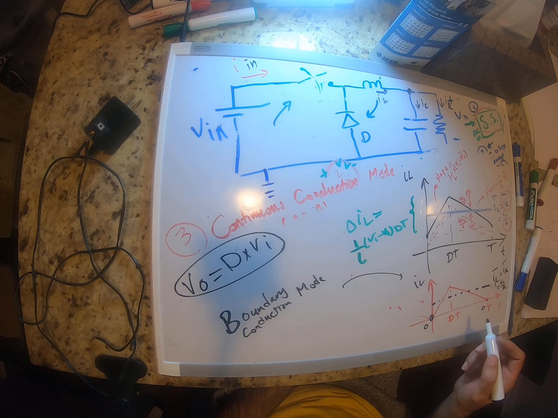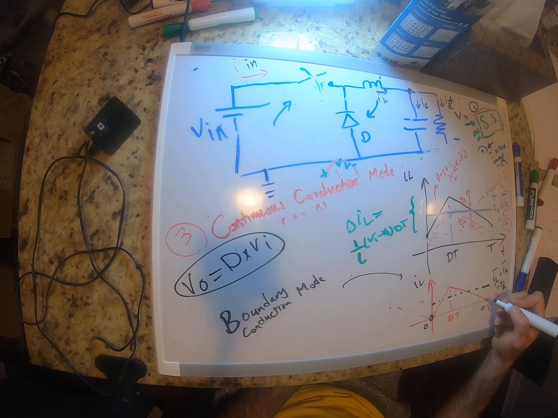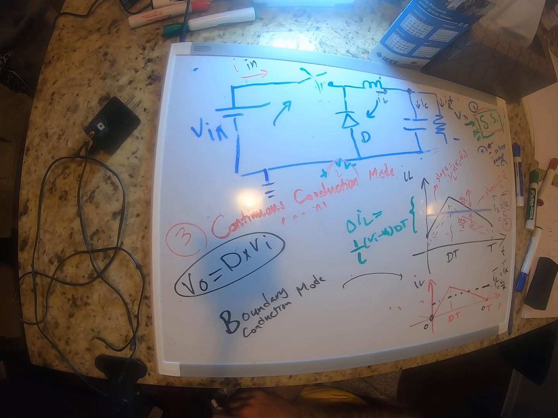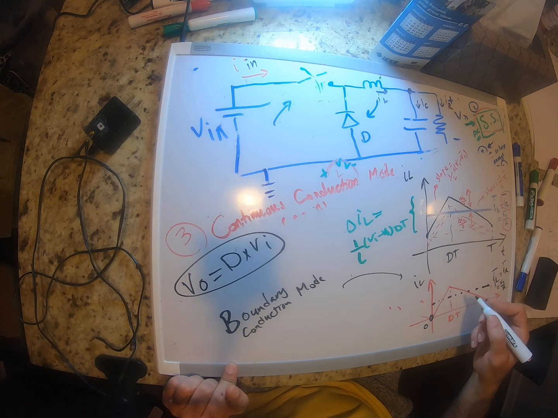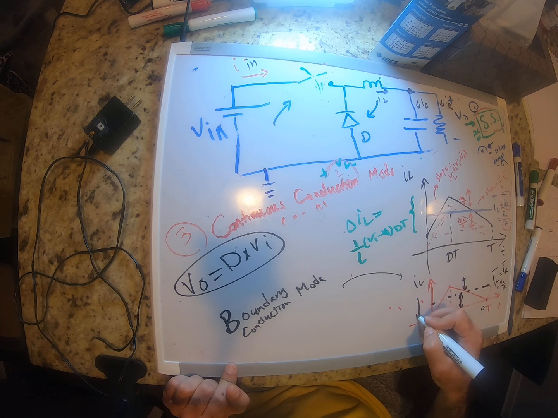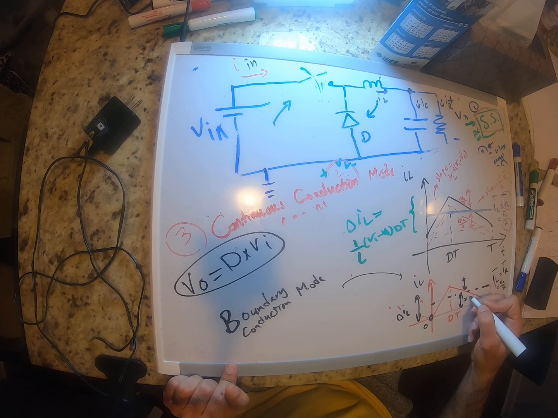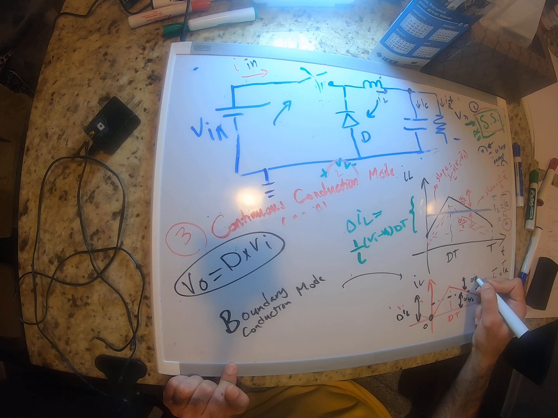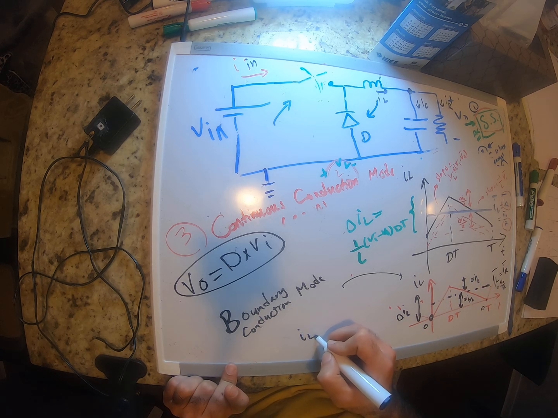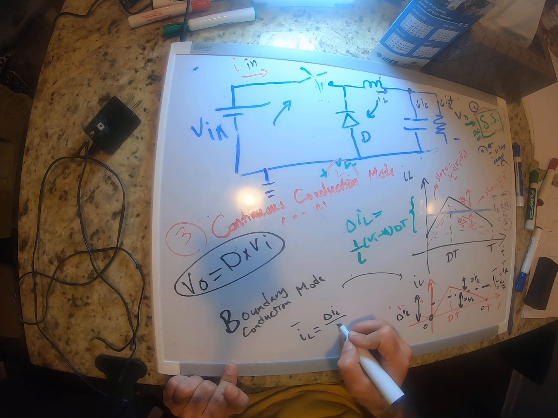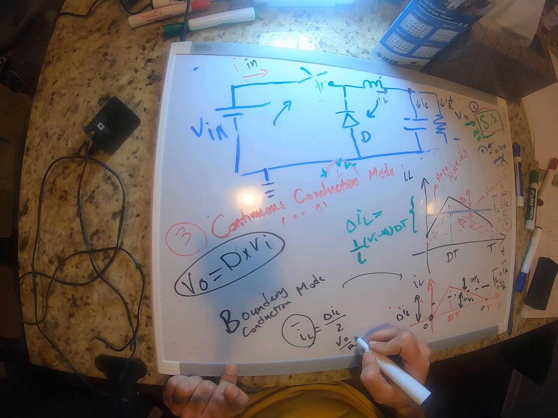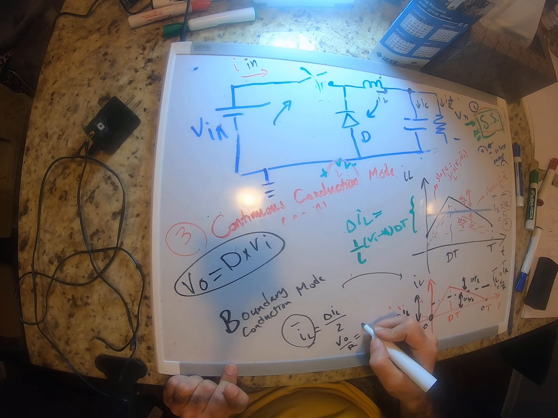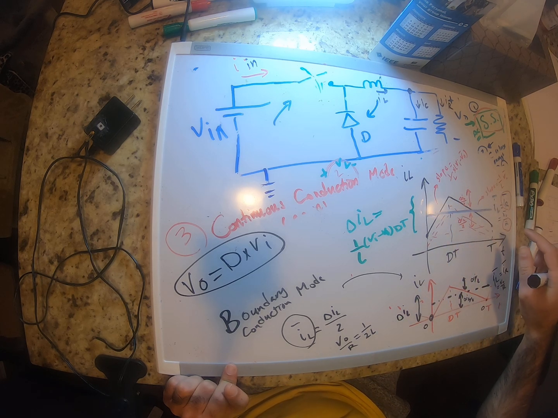But if you increase the resistance further than this point, then everything we said is not going to be valid anymore. Okay, so let's calculate what resistance value would bring us to this point. At this time, if this is delta IL, this is going to be delta IL over 2, and this is going to be delta IL over 2. So at this time, IL average becomes equal to delta IL divided by 2. IL average is VO over R. And delta IL divided by 2 is going to be 1 over 2L. I'm just using this formula, 1 over